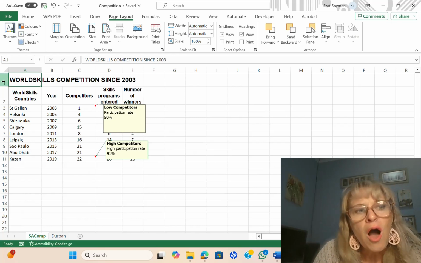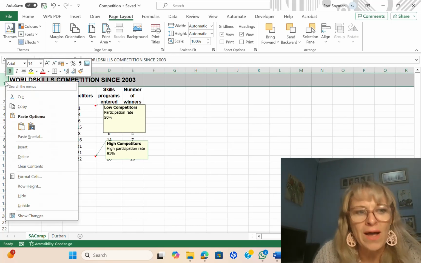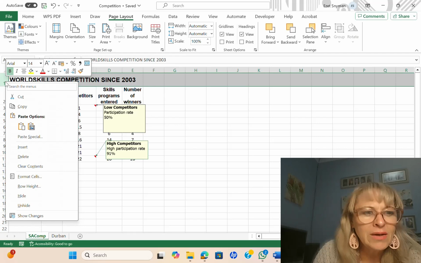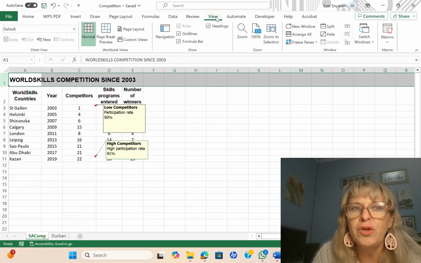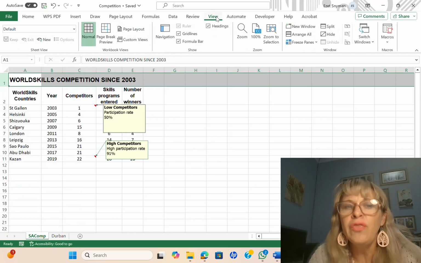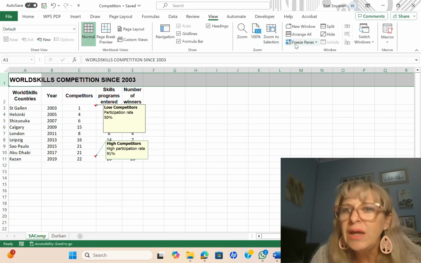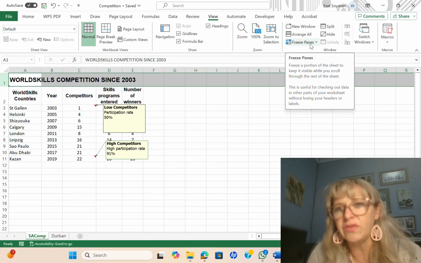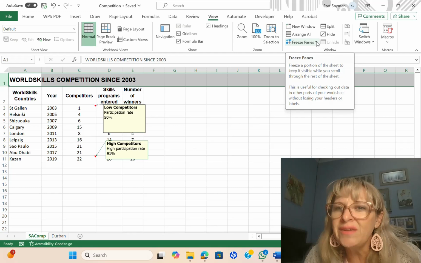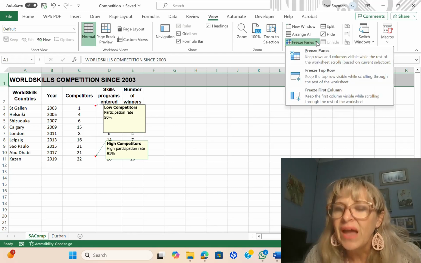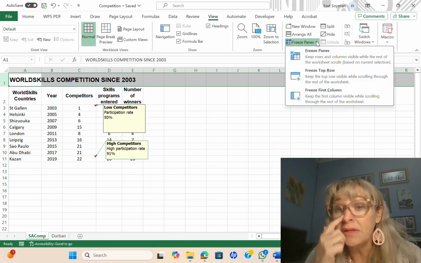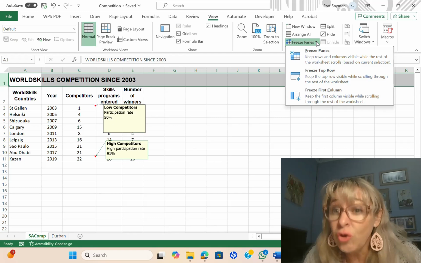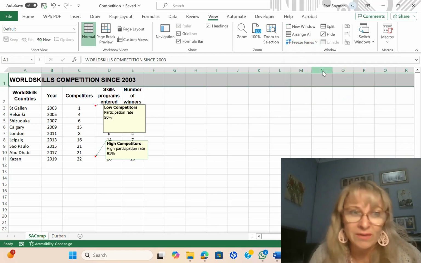So I'm going to click on 1, and then on the View tab, in the Window box, second last, there is an option that says freeze panes. And if you click on the drop down, it's going to say there, freeze top row. That is what we want.